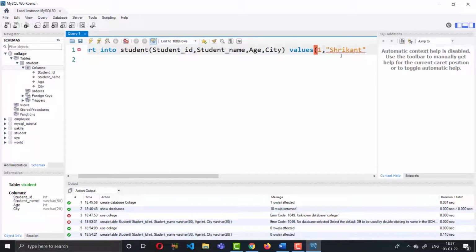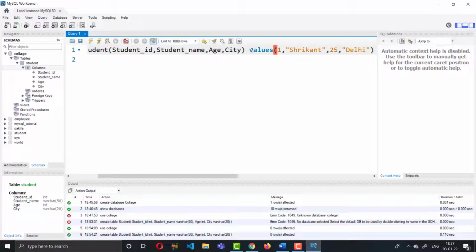Second value is for age, suppose 25. We have set an integer data type for the age column, so we pass 25. City is a string, so we will put string text. Suppose we put Delhi, and close the right parenthesis.